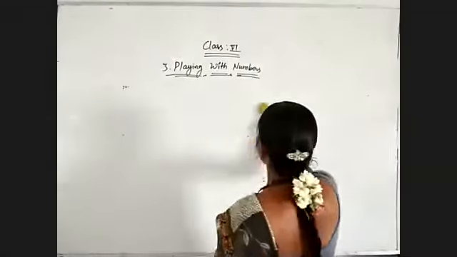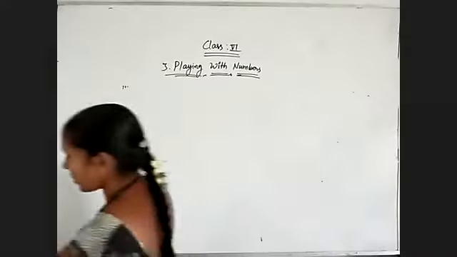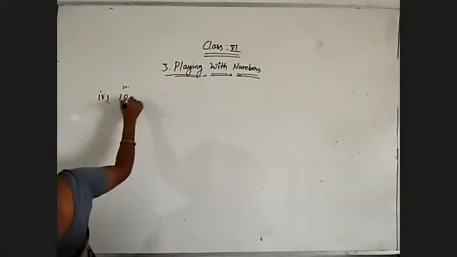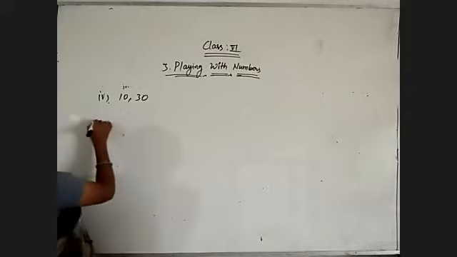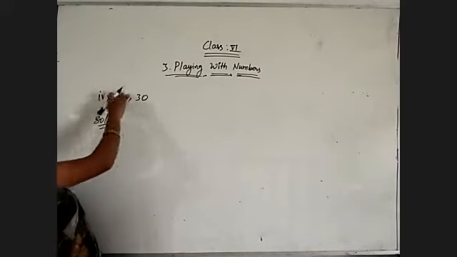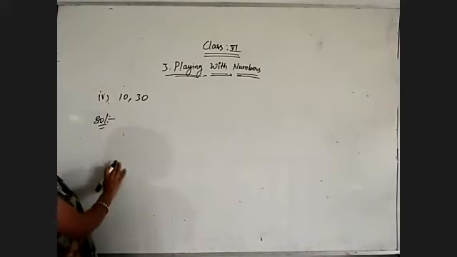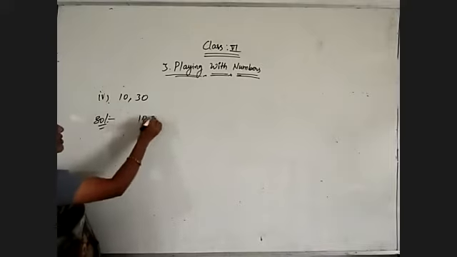For another type of questions, I'll explain two methods: the division method and the prime factorization method. Fourth question: 10, 30. Okay. Here, these two are not consecutive numbers. So here we will get another type of condition. Observe this. LCM we need to find, yes or no. So use the division method or the prime factors method. So I am using the division method.